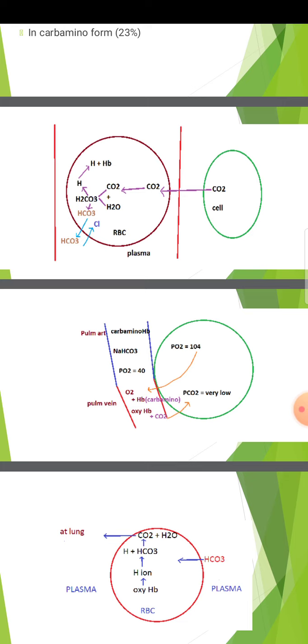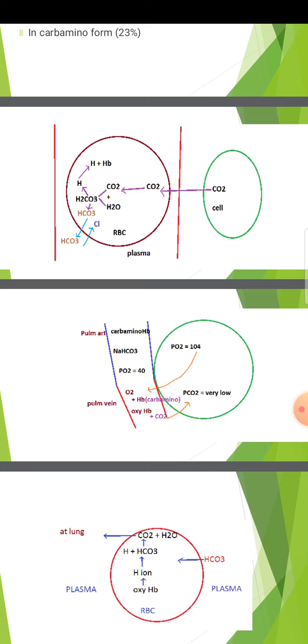Here, there also occurs a phenomenon which is known as the reversal of chloride shift. With the movement of bicarbonate into the RBC, the interior of RBC becomes more negative. So, to neutralize, either a positive charge should move into the RBC or a negatively charged ion should flow out of the RBC. Again, since RBC is relatively impermeable to the positive ions, the chloride ion returns from the RBC into the plasma, and this is known as the reversal of chloride shift.